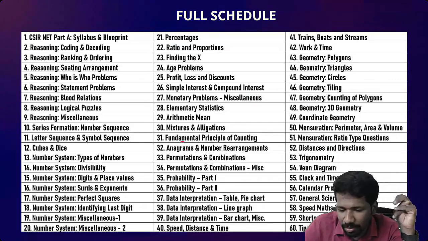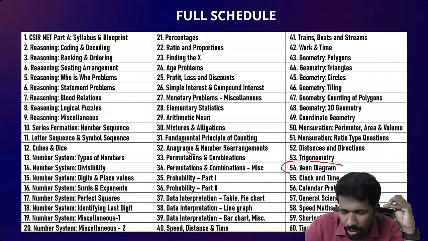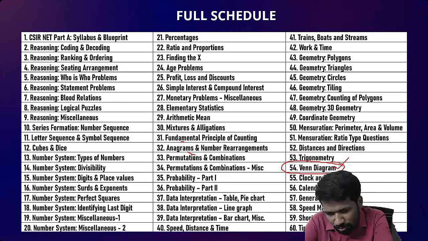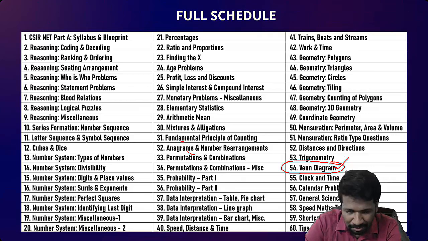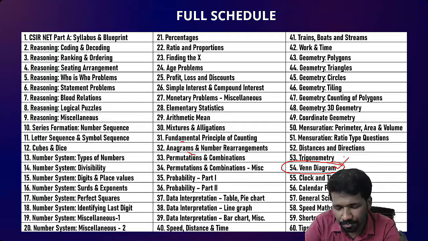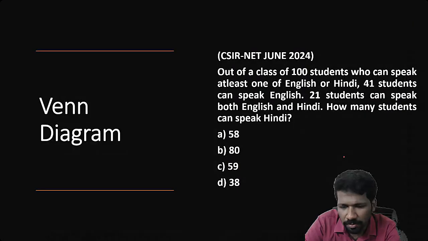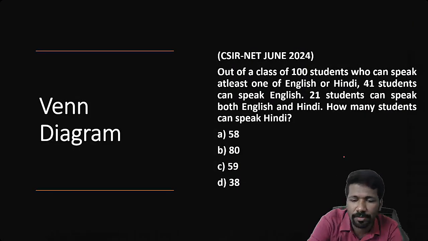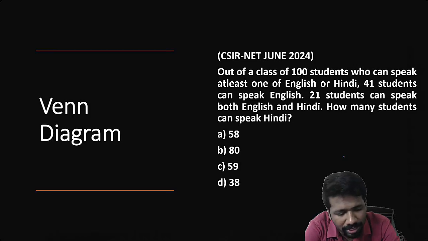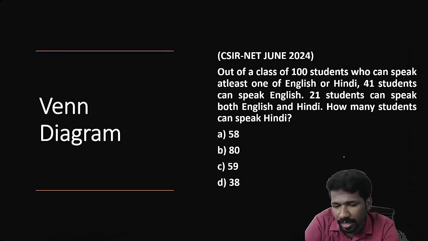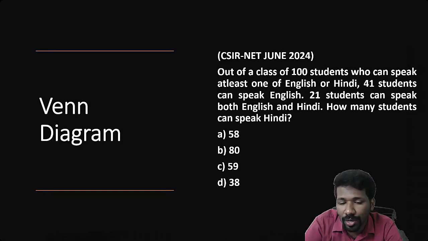Then Venn diagram is actually related to data interpretation, but Venn diagram में different types of questions are there. That reasoning questions are also there, quant aptitude questions are also there. That is why we are discussing it in the end of the course. So Venn diagram related concepts also will be discussing. 2024 maybe Venn diagram का question आया था. If you know how to draw the Venn diagram here, this question is very easy. This is one type of question. Another type of question is Venn diagram देगा उसको interpret करना है. ऐसा भी questions आया है बहुत बार. That also will be discussing, and that trend started from November 2020 onwards.